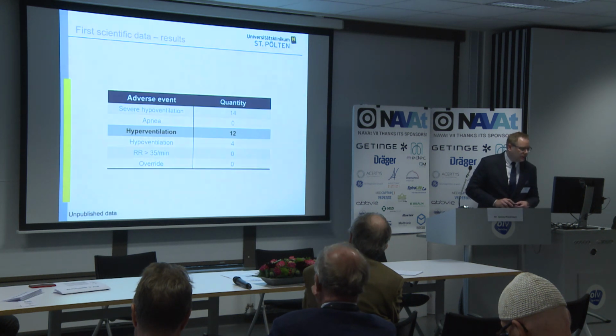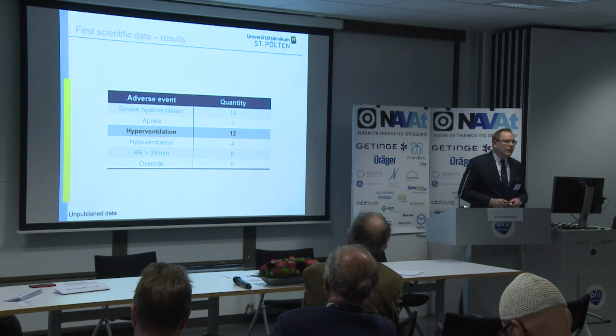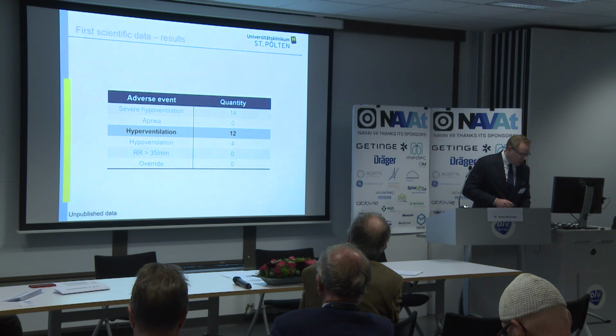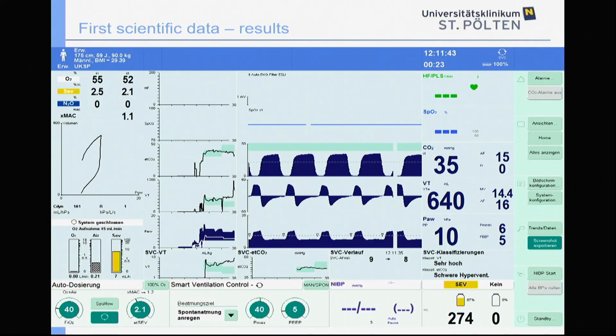Okay, the second quite frequent adverse event was hyperventilation. Just to remind you, defined as EtCO2 being more than 5 millimeters of mercury below the desired target range. How did this occur? Well, again, with spontaneous ventilation. Patients that were breathing perfectly normally, spontaneously during the anesthesia, and their respiratory center told them, okay, I want to have an arterial CO2 tension of, let's say, 14 millimeters of